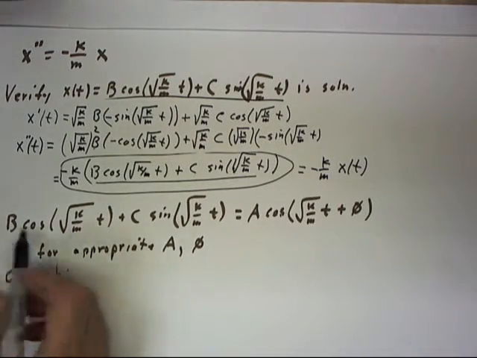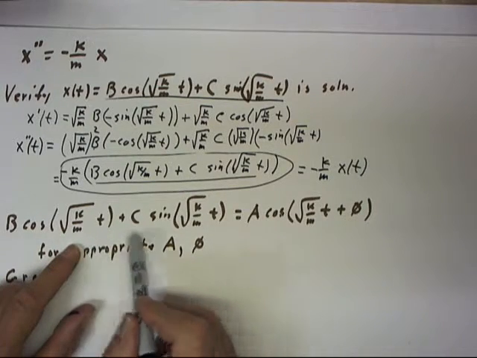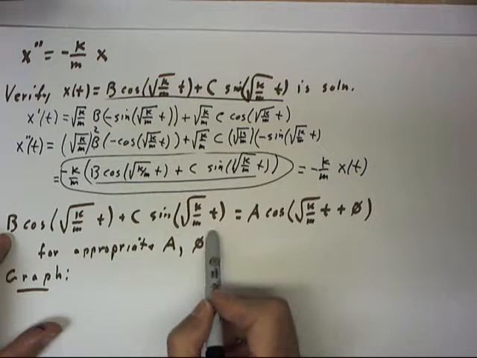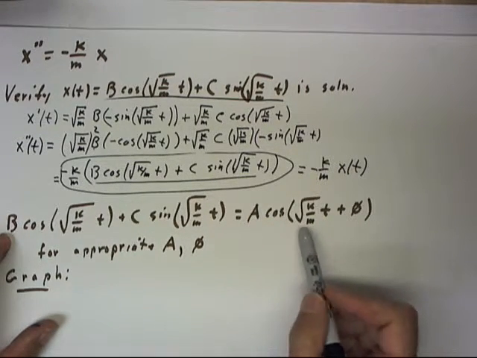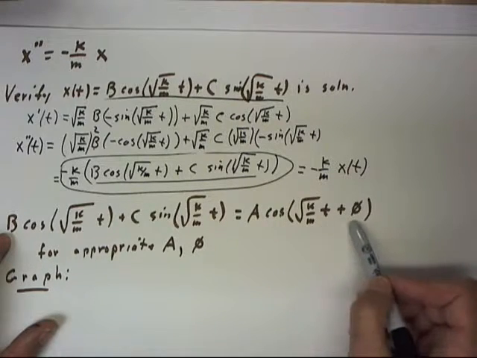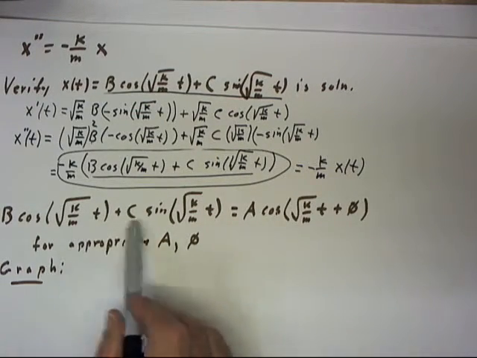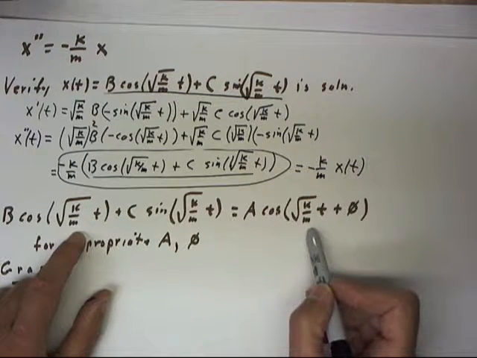Now, just to become familiar with the trigonometry that we're going to need later on, I'm simply going to assert for the moment that this form, b cosine of an angle plus c times the sine of an angle, can be written as a times the cosine of that same angle plus a phi that we'll call a phase angle. Now this is provable fairly easily just using standard trigonometric identities with which you should be familiar at this point,